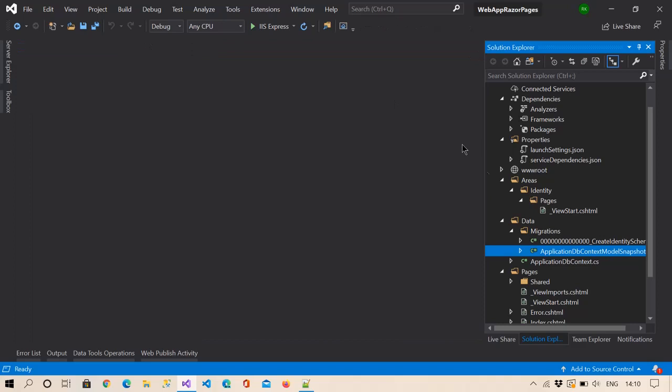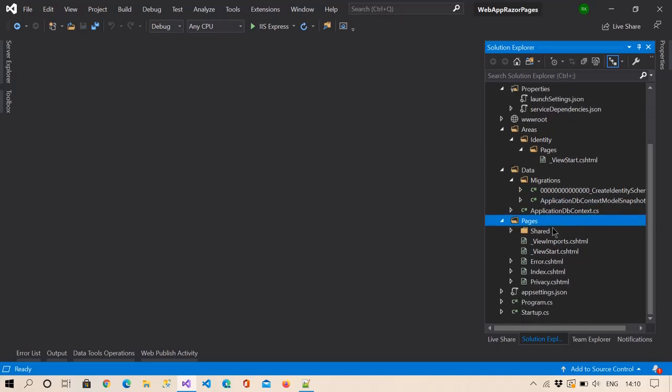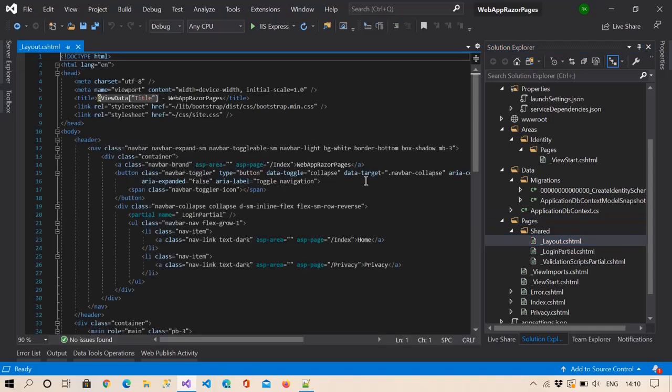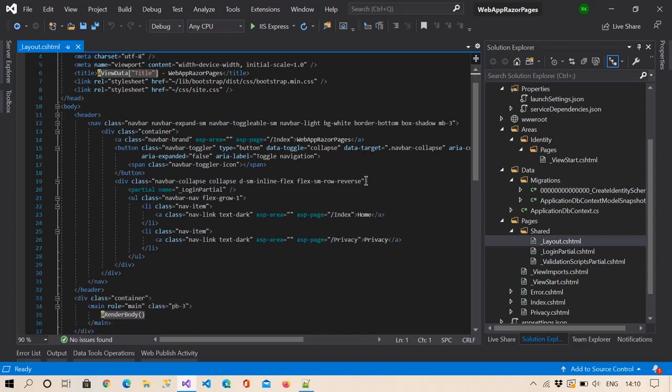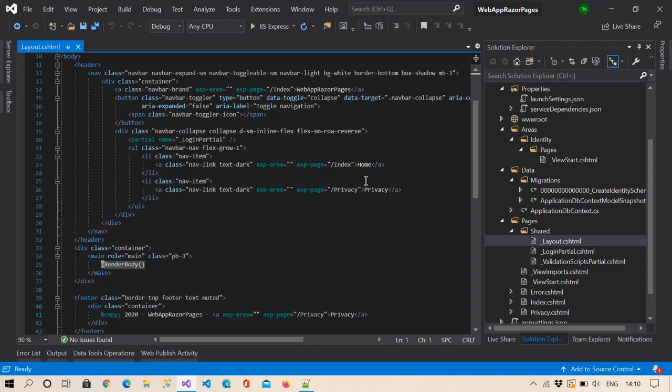Okay, the next thing is Pages. Here in the Pages section there is one Shared folder, and in the Shared folder this is the layout page. This is basically the UI, which acts like a master page, which we had studied in Web Forms, and this layout page works the same way as in .NET Framework MVC projects.